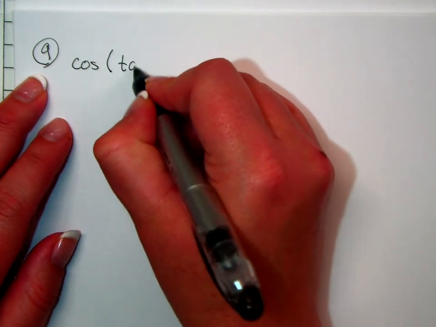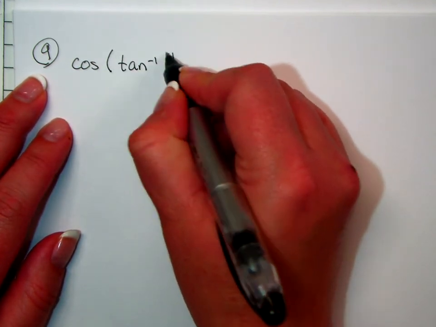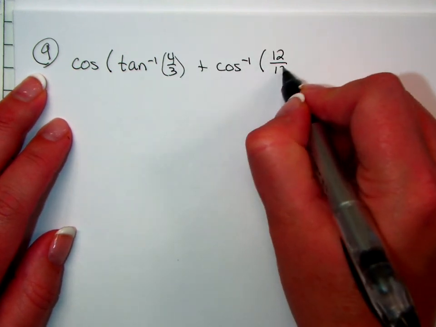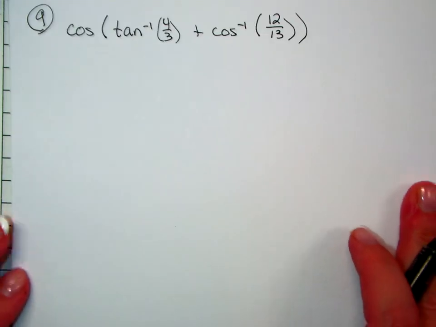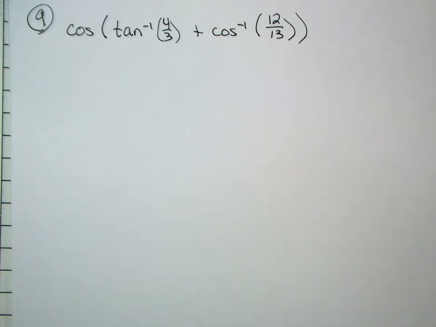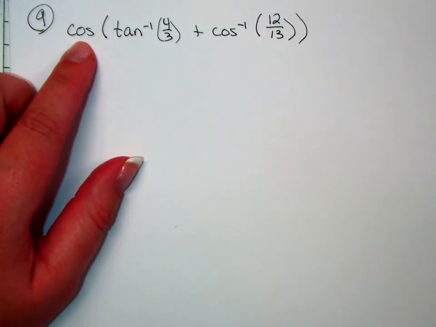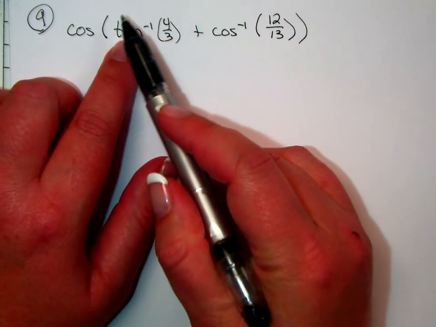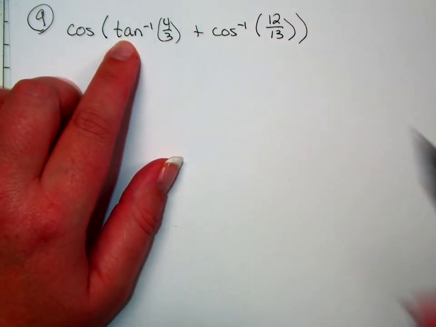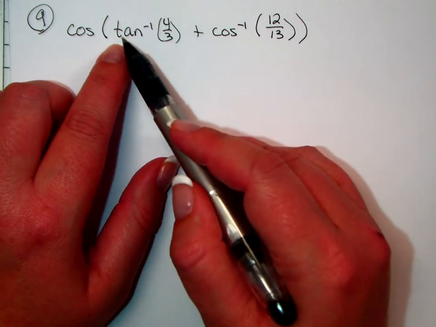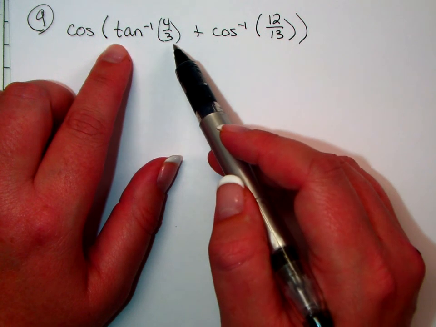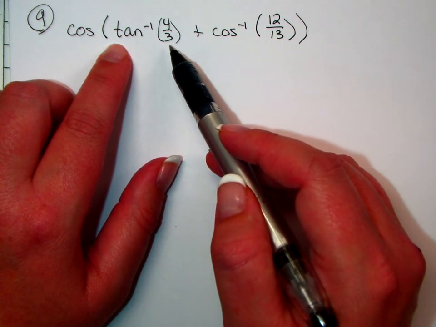cosine of tan inverse of 4/3 plus cosine inverse 12/13. Right. This is where it's at. All right, we got these inverse trig functions inside a sum formula for cosine. Now, to help simplify this, remember that the answer to an inverse function is the angle, right? So I'm going to let this be some angle x. And even though I don't know the value for this angle x, I can draw the triangle for angle x,